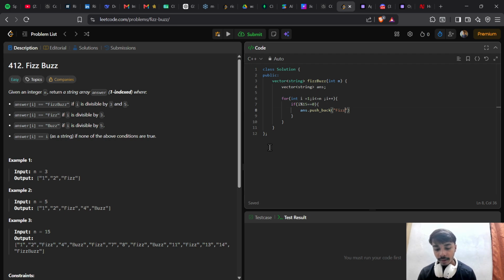FizzBuzz, and else if i modulo 3 is equal to 0, then it is Fizz, answer dot push back Fizz, and again else if i modulo 5 is equal to 0, then answer dot push back